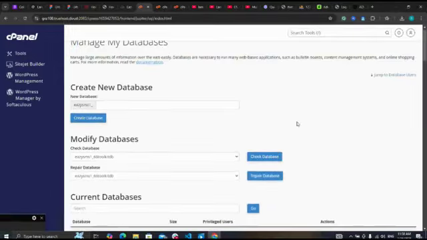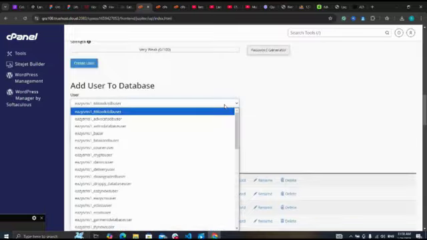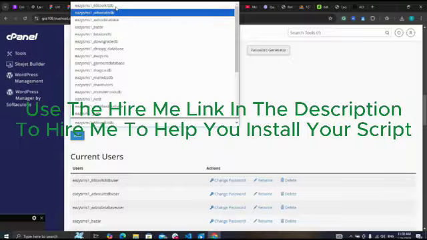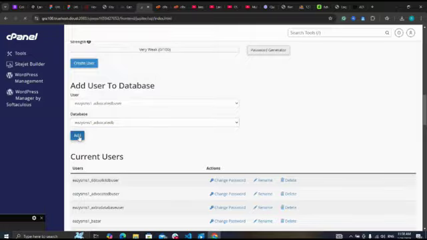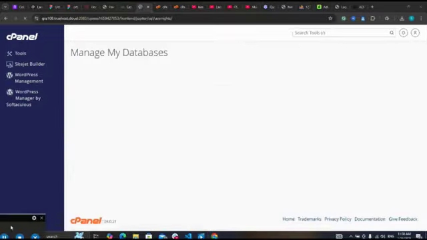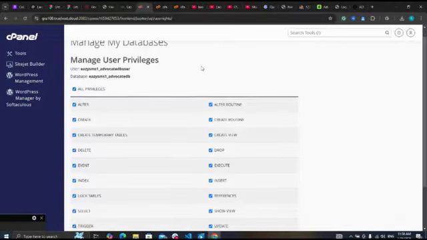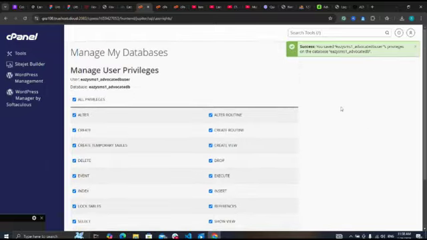So let me scroll down. I'm sorry, I just created Advocate DB. Advocate, yes. Then I click on add. Next, I will give all privileges to the user. Scroll down, make changes. Now, database created successfully. Let me now copy my username